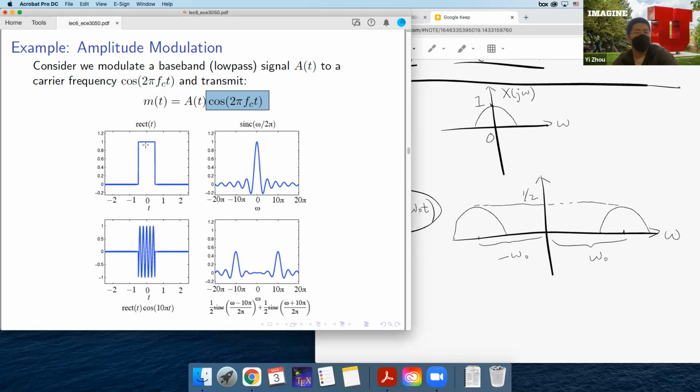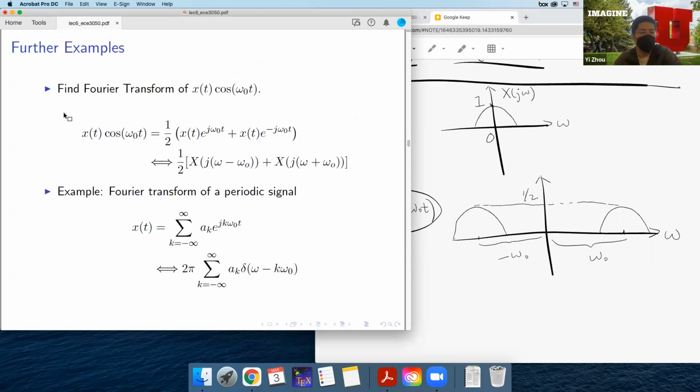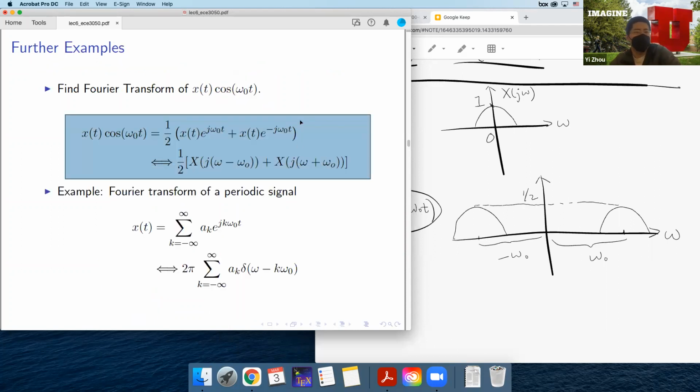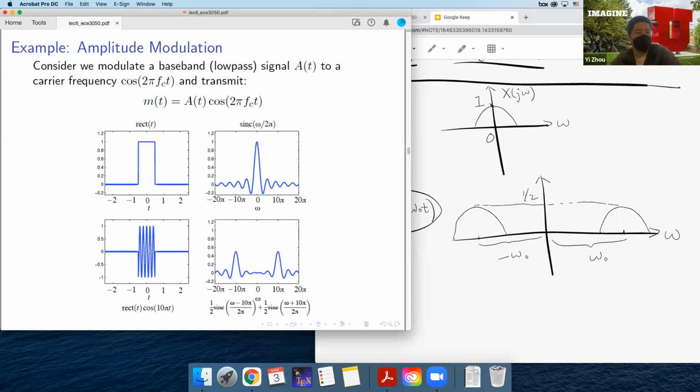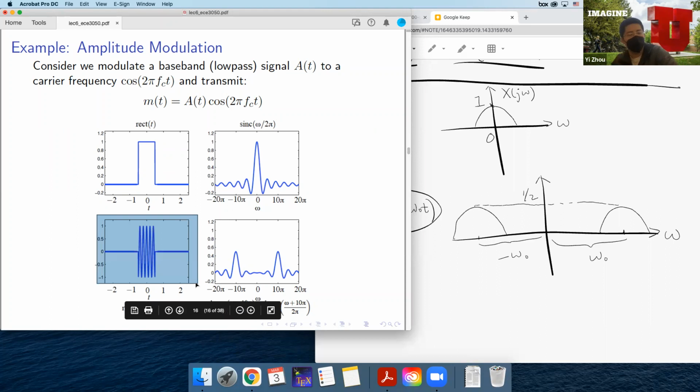So we multiply such a rectangle signal by a high frequency cosine signal. And you can see that multiplying a rectangle by a higher frequency cosine signal will result in such a signal. So it's like the cosine wave only occurs within the signal duration, because everywhere else the signal is 0. So you got such a truncated cosine signal in the time domain. And then by this result,